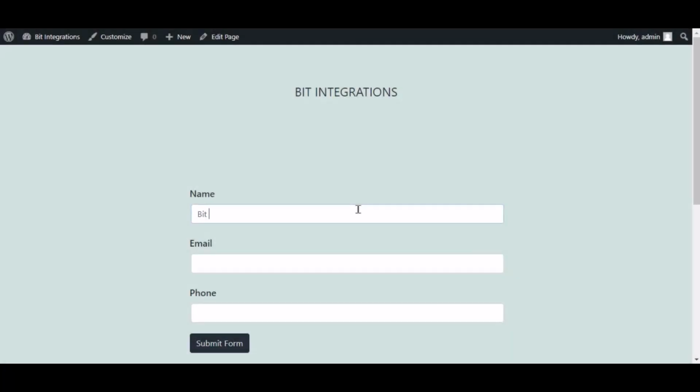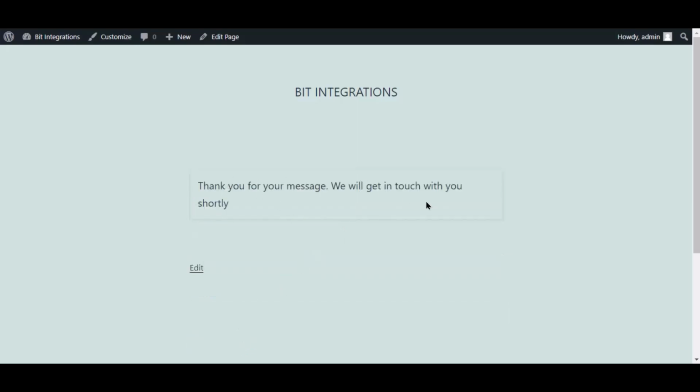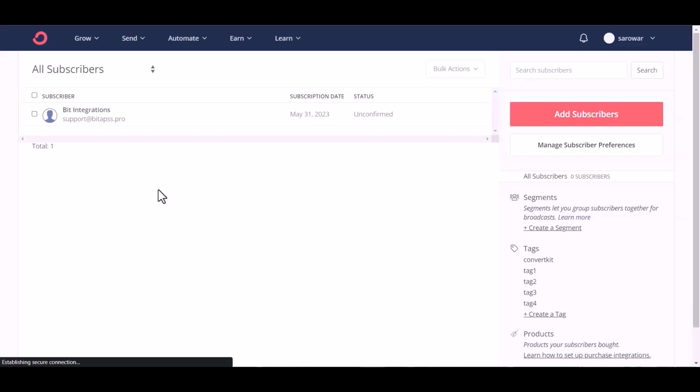Now go to your form and type some information and submit the form. The form is successfully submitted. Now go to ConvertKit site. And you can see the data came